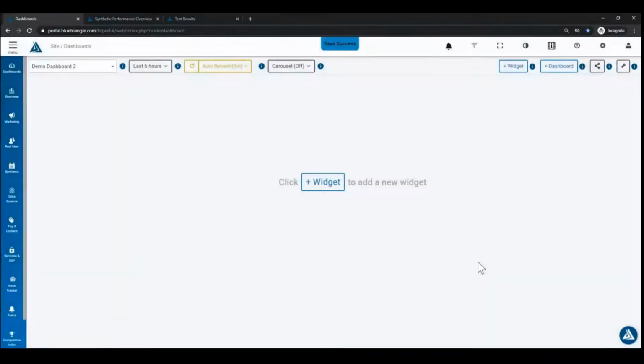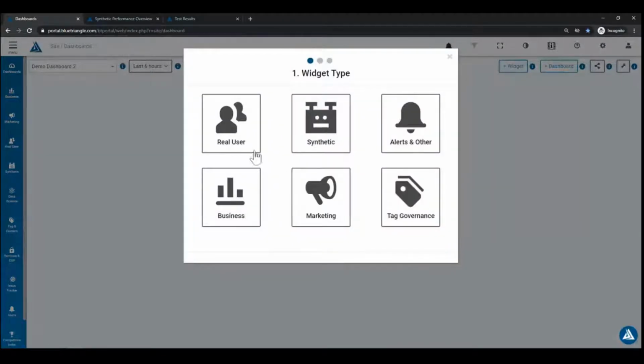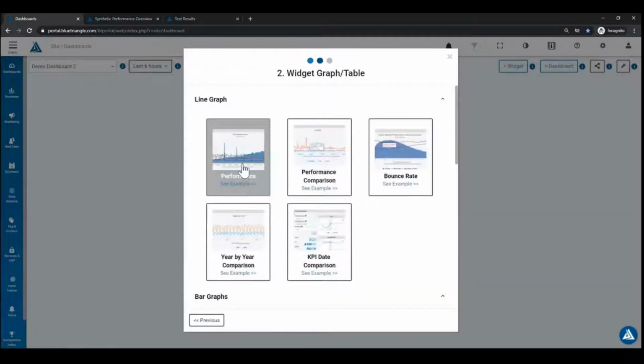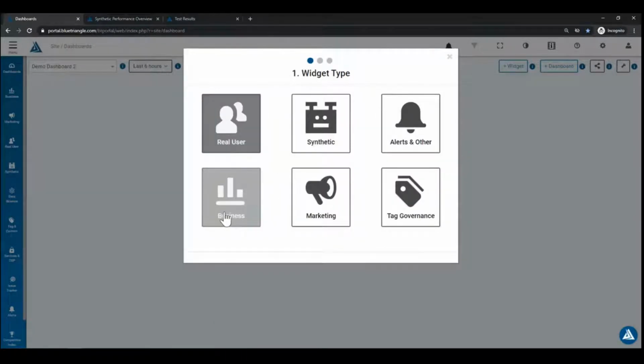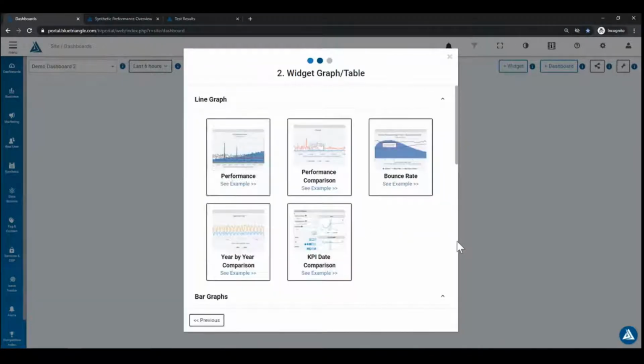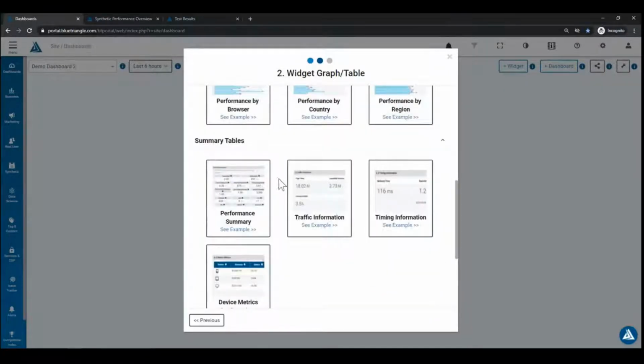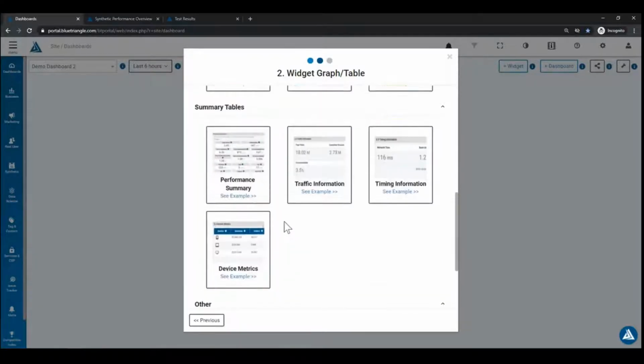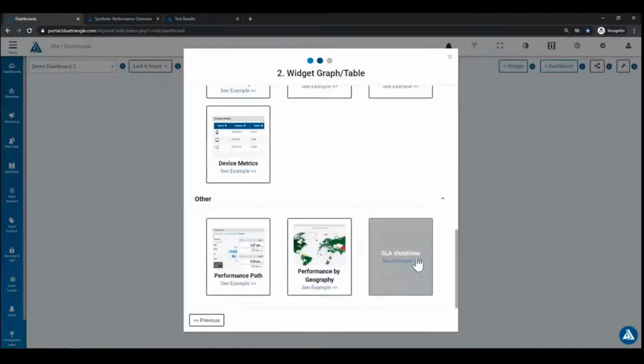So if you save the dashboard here, that'll take you to it, and you get a blank slate. And what you can do is add a widget, and you can choose from any of these categories, and that's going to open up a list of the available widgets for that category. Obviously RUM, synthetic, there's more business focused or marketing, tag governance widgets, but for this example I'll just open up the RUM options. Here we can see some summary tables and some more